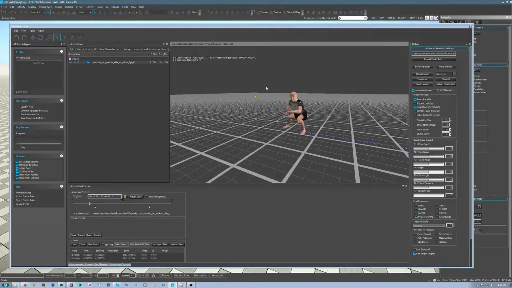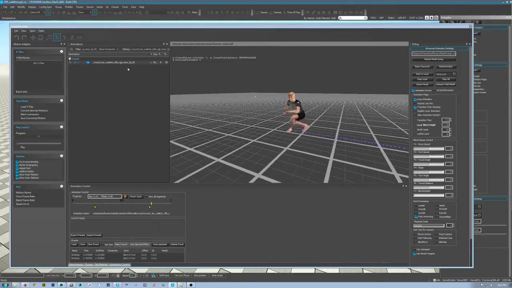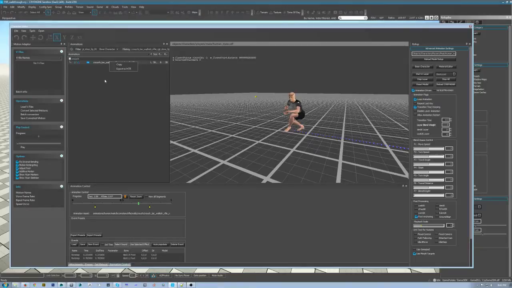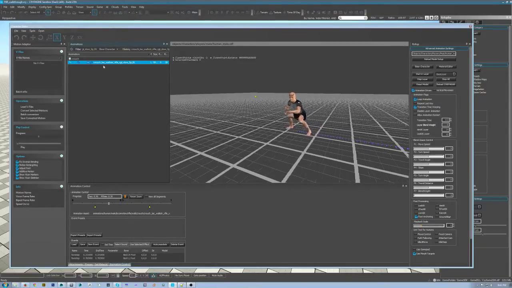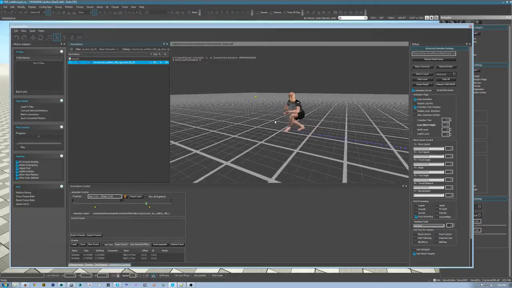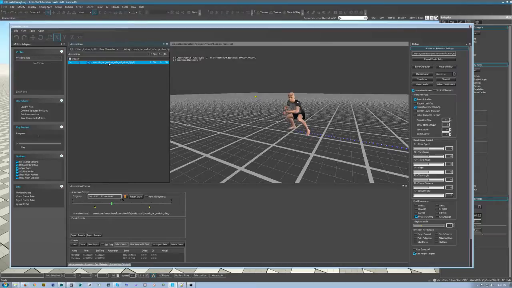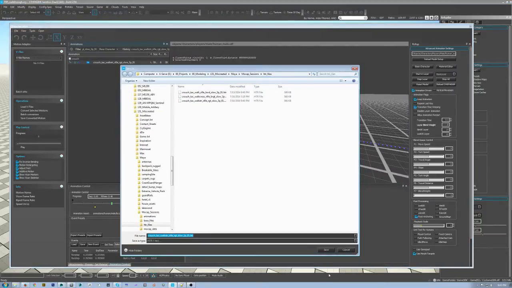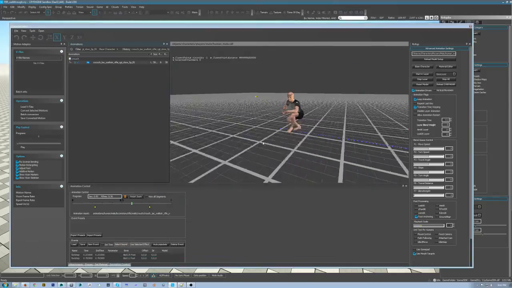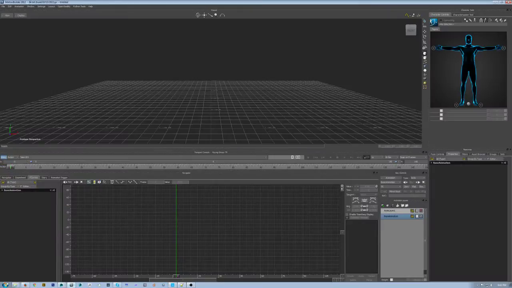So first things first, inside of CryEngine, use the character editor window, find the animation that you want to export. In this case, I'll be doing the crouch, which is kind of a slow walk side to side. If I right click on it, I can export to HDR file format. And that's it. So from here, we'll jump over into Motionbuilder